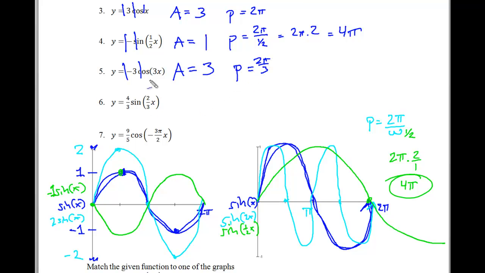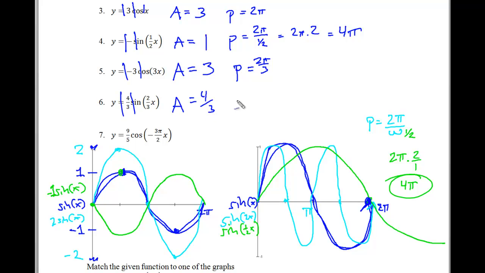So this is going to cycle every 2 pi over 3, which means it's faster. It's actually going to be 3 times faster. It's going to do 3 cycles before it reaches 2 pi here, which would be a little tricky to draw, but we're going to do that a little bit later on the graph paper. Now this is an amplitude of 4/3,